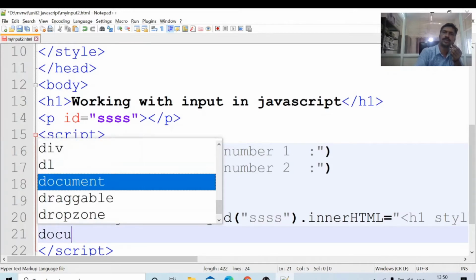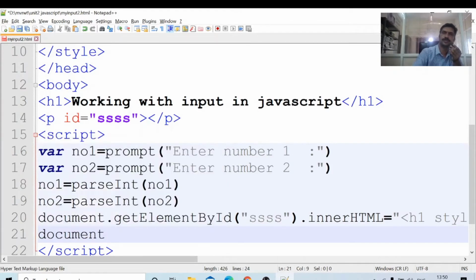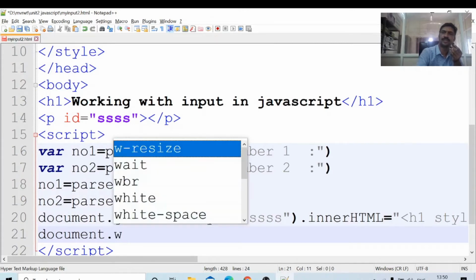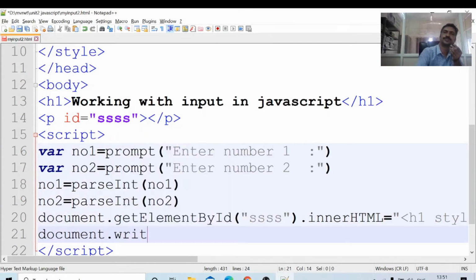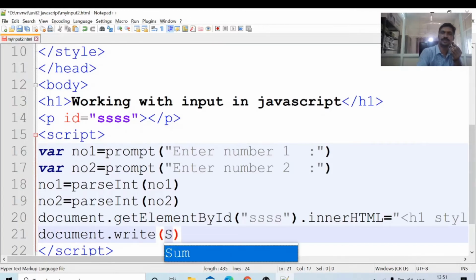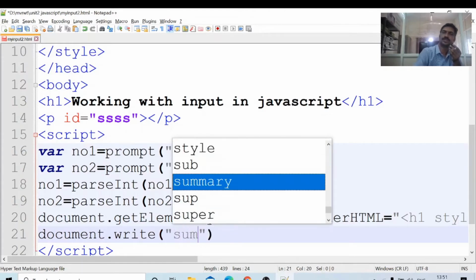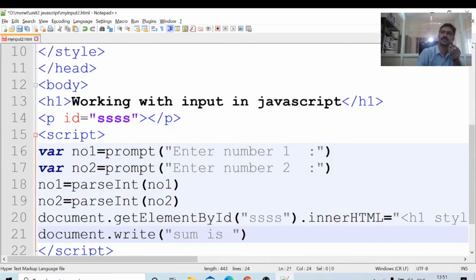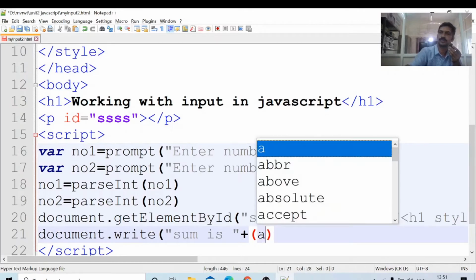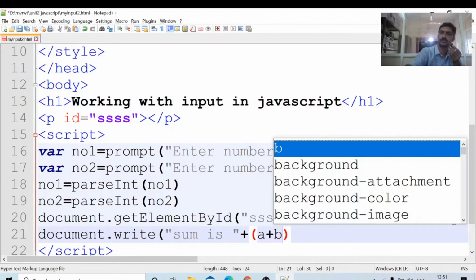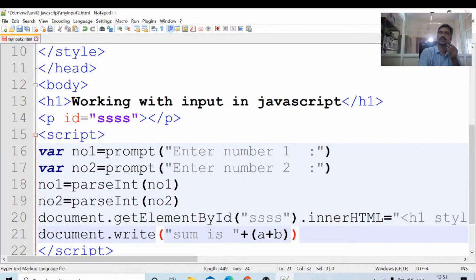document.write. I will use "sum is" within the inverted commas, a plus b.